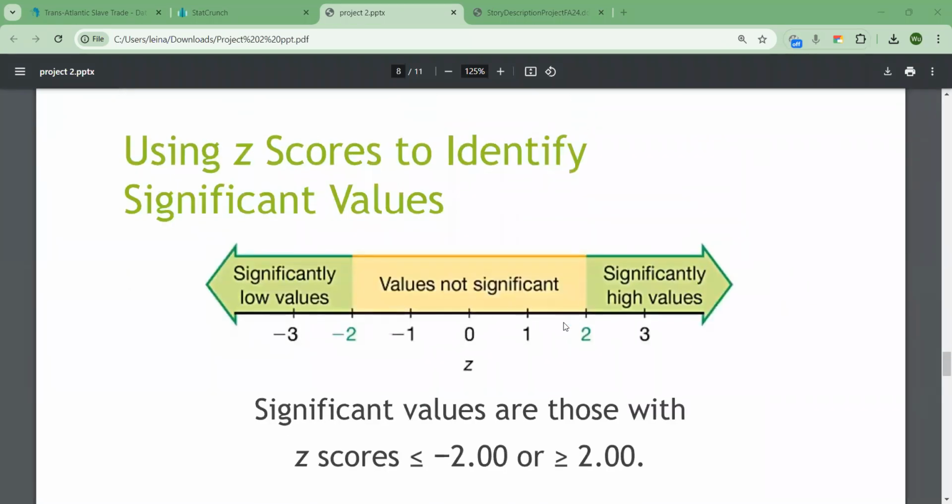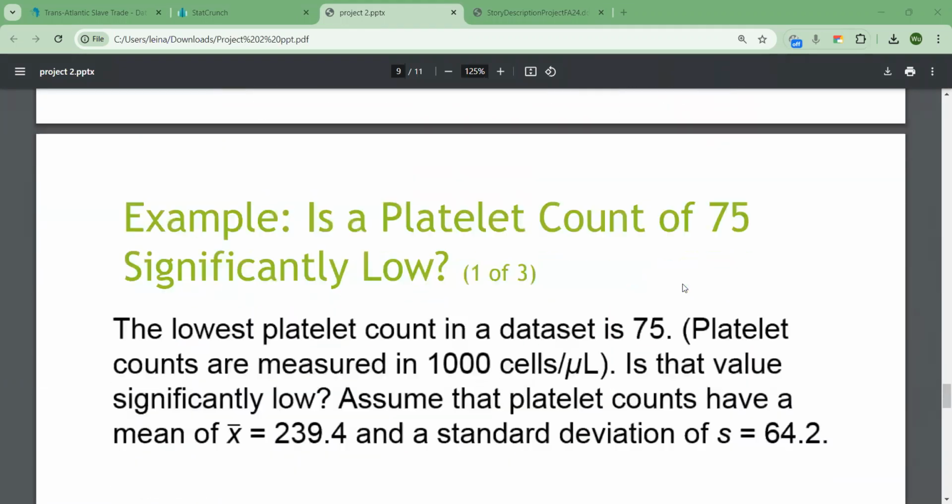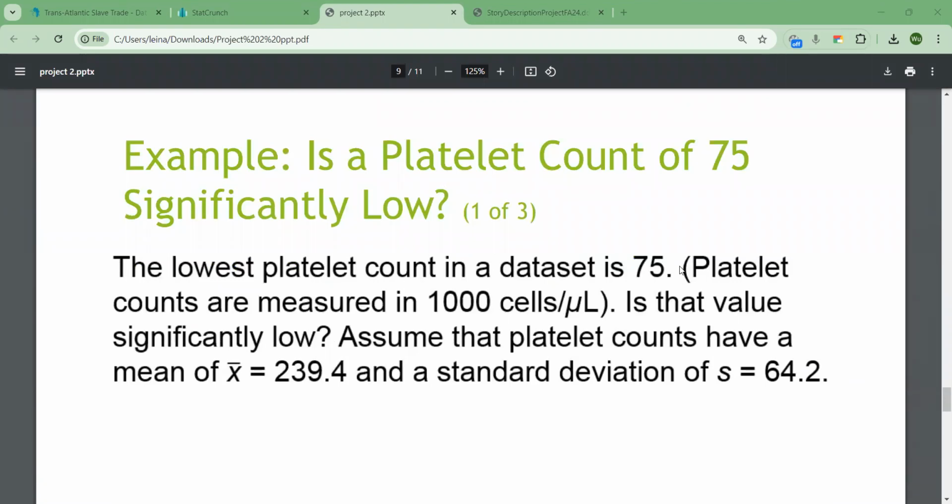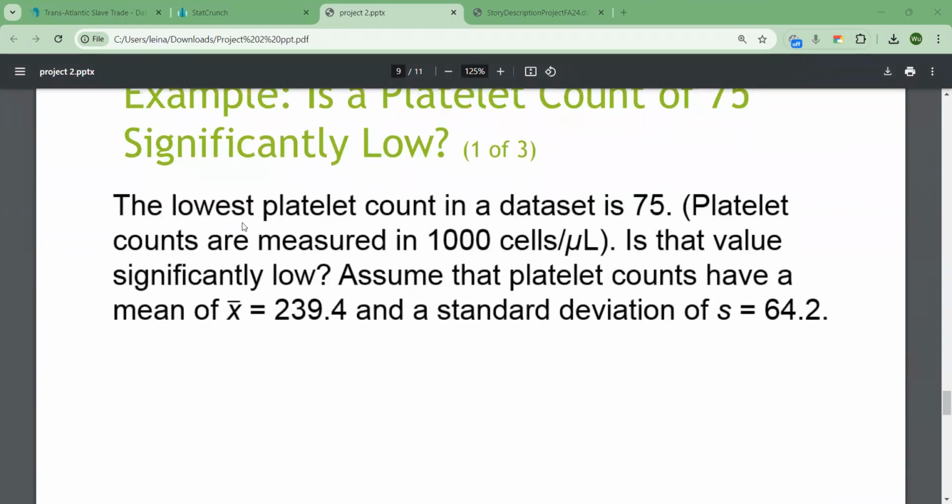And over here we have a table. If z is bigger than 2 or less than -2, then it is considered a significantly high or low value. In between -2 and 2 will not be so significant. All right, secondly, if we do this question, the lowest